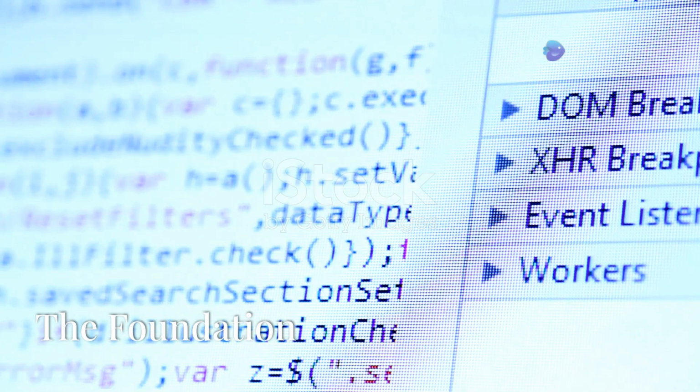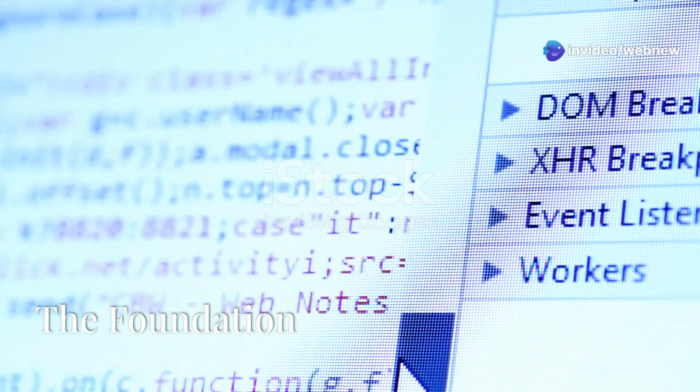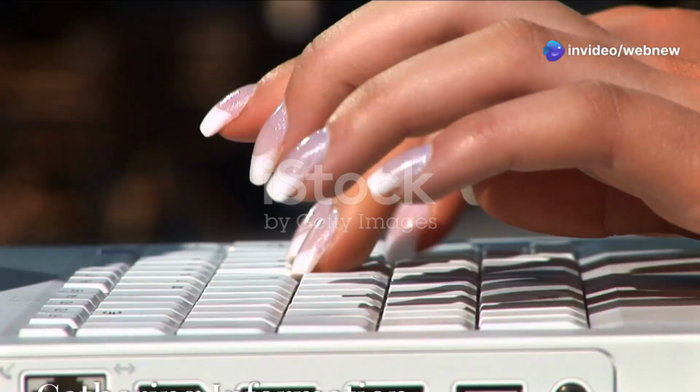In the next section, we will dive into the fundamental structure of an HTML form. Understanding this structure is key to creating effective and user-friendly forms. Every HTML form begins with